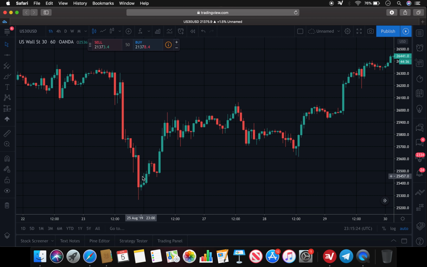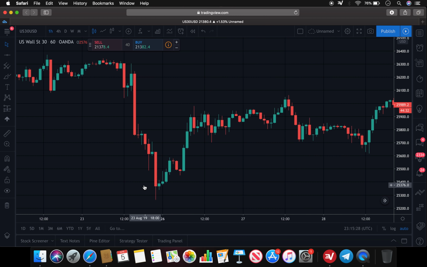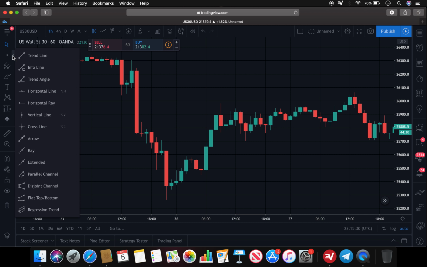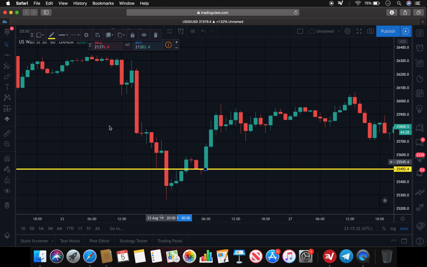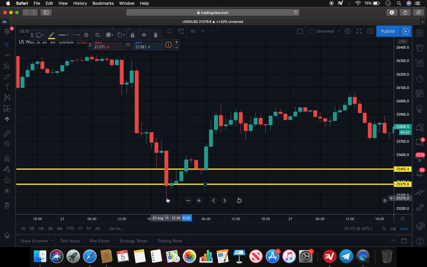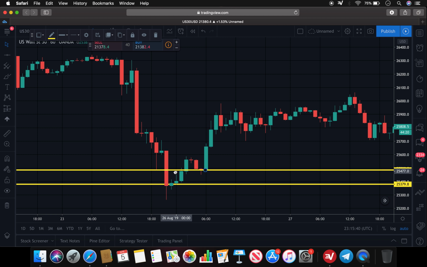Let's see. Okay, this one worked out too. This is a beautiful 00 because the wick shot up on here, and then you could see the trend resumed bullish. Okay, so once this broke out here,